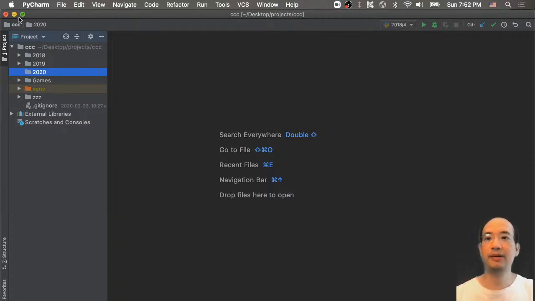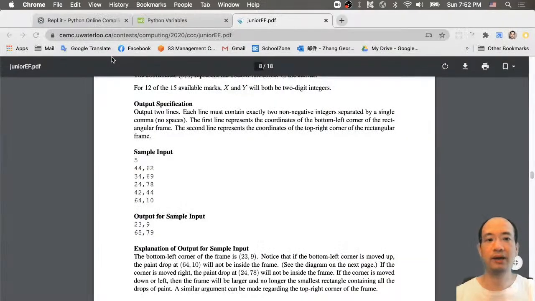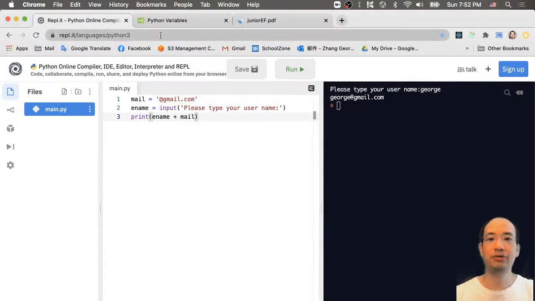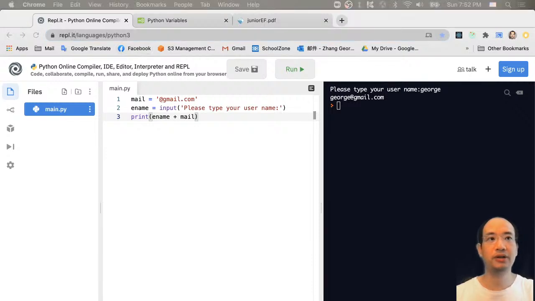So today I am still using the online editor because I think some of you might not have PyCharm, but if you have PyCharm, please use PyCharm. If you didn't install PyCharm, you can use the online editor. I am going to put the link into the chat box, and now you can click on this one and go to